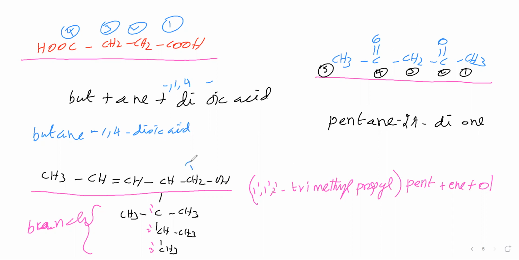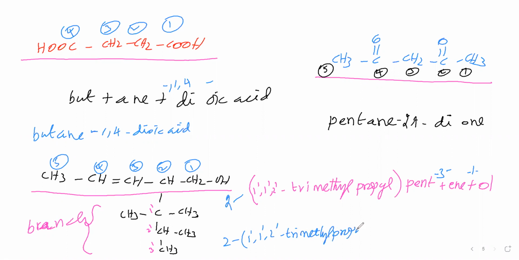For the alcohol carbon number 1 we will give numbers 2, 3, 4 and 5. Double bond is present between the 3rd and 4th carbons. Therefore the double bond position is 3. Alcohol position is 1. Then this branch is present at the second carbon. Therefore 2, 1-dash, 1-dash, 2-dash trimethyl,